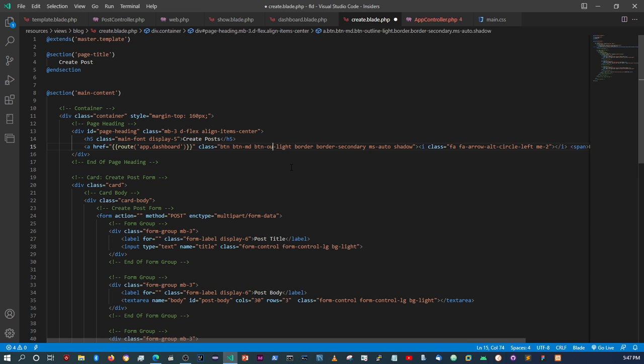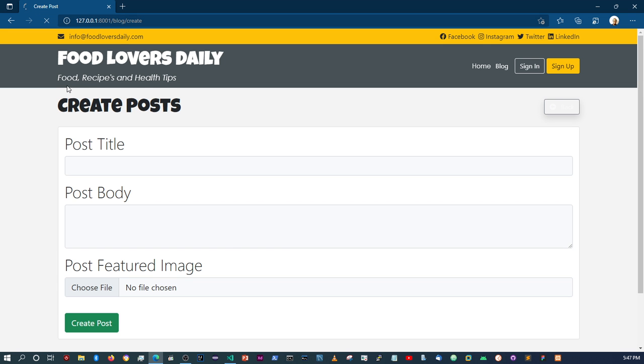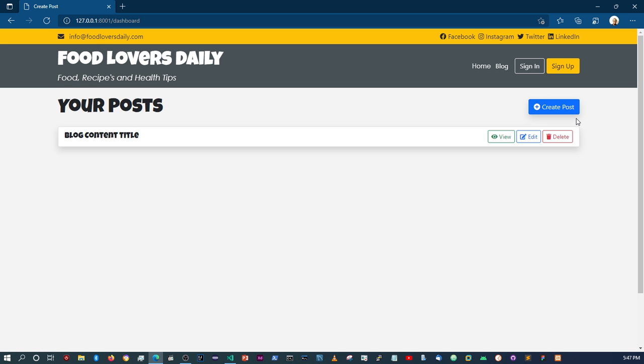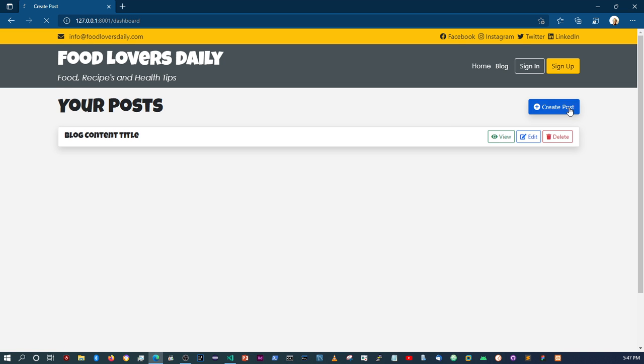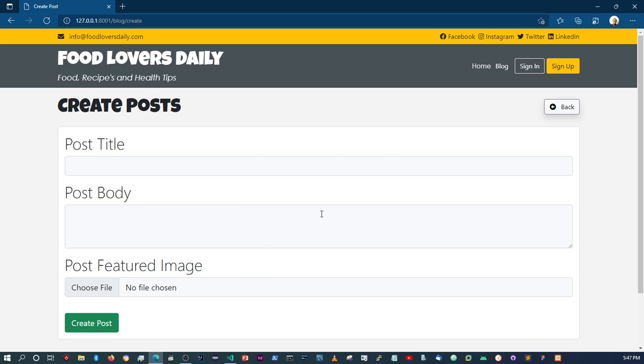Actually, let's change that from BTN outline. Let's just say BTN light. Come back here. Okay, looks much better. So when we click here, we should go back to the dashboard. Now there's going to be a difference, right? Actually, no, there wouldn't. So this page where you create posts, obviously you won't be able to create posts unless